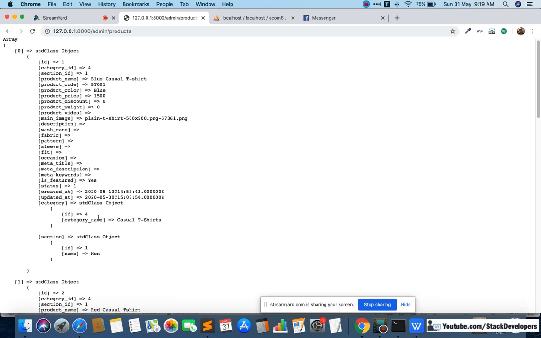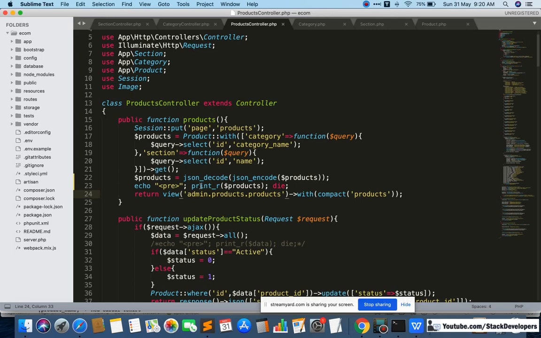And here we have done this select query. We don't want other things in the category table. There are other things as well, like the category URL, created at, updated at, all those things we don't require. So we have done this select. We just select ID as well as the category name, and in the case of section we have just selected the ID and name. Whatever we require from the category table and the section table, we have just got that data from both these tables. We have defined the belongs to relation for category and section, and we have got it in one query. You can see the query here, a very simple query.